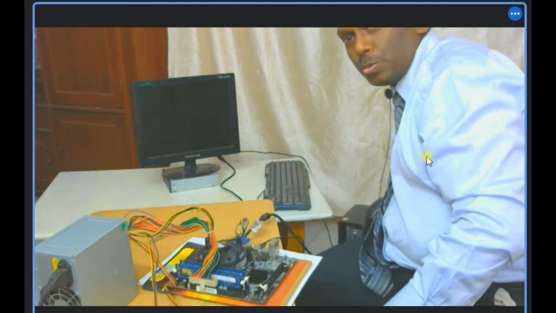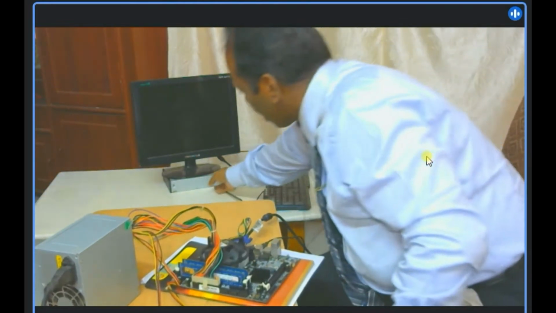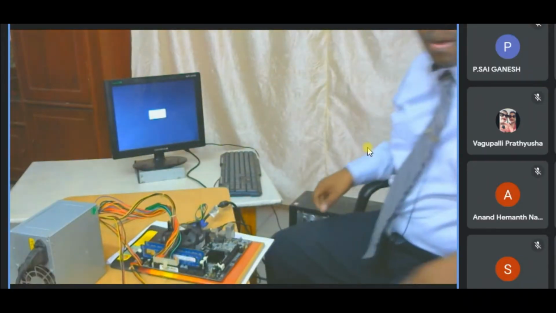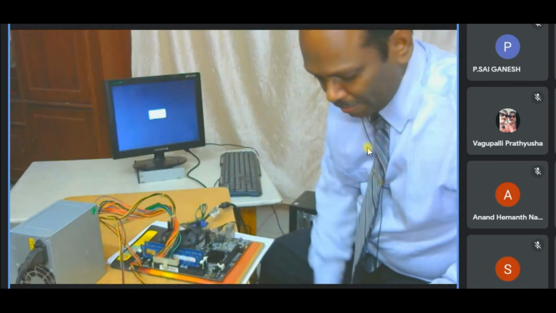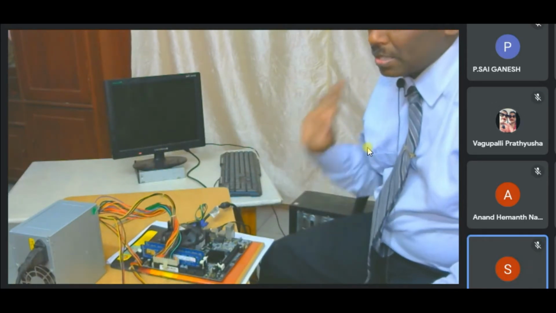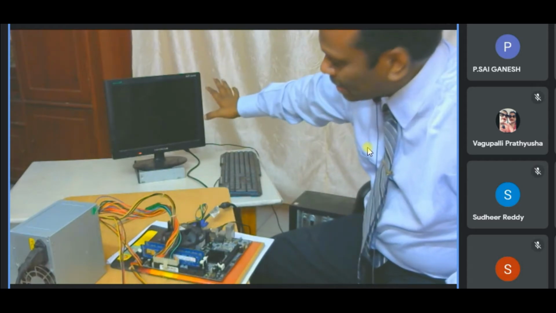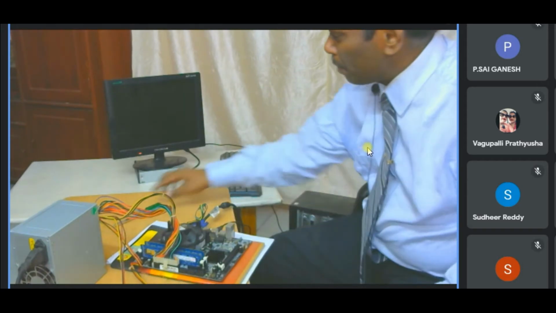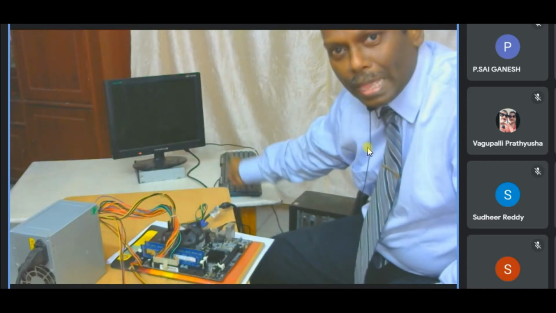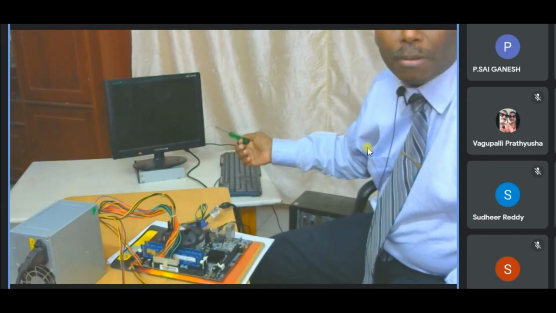So you watch two things. One is that my monitor should glow. Okay, now the monitor is powered on. You can see, right, everyone? Only the monitor I have powered on. The system I have not powered on. The monitor has a different power supply. You can also see this is red, because there is no connection. The monitor is okay, but there is no signal from the CPU.